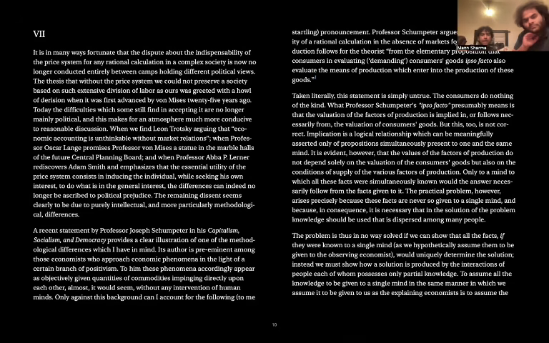The problem is thus in no way solved if we can show that all the facts, if they are known to a single mind, as we hypothetically assume them to be given to the observing economist, would uniquely determine the solution. Instead, we must show how a solution is produced by the interaction of people, each of whom possess only partial knowledge. To assume all the knowledge to be given to a single mind in the same manner in which we assume it to be given to us as the explaining economist is to assume